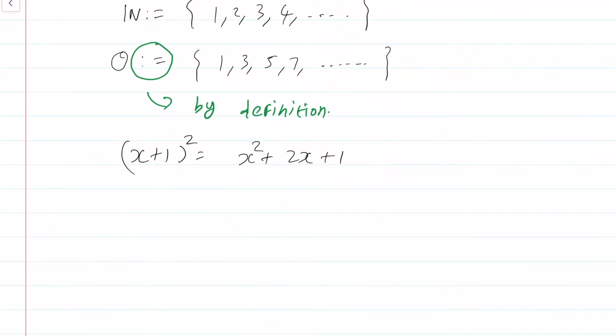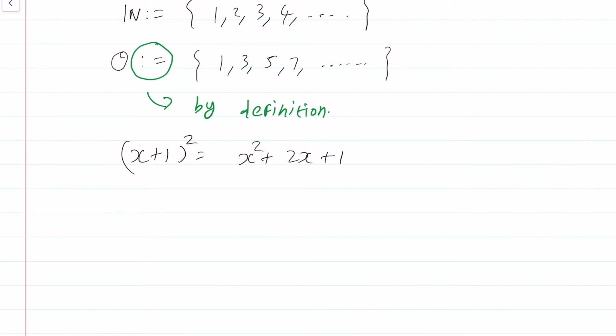Whereas I write colon equal to say that the left hand side is defined to be the object on the right hand side. So in programming language terms, if you think of the left hand side as a variable name, I'm assigning the right hand side to be the value of the variable. Whereas when I write (x plus 1) the whole squared is x squared plus 2x plus 1, what I really mean is that the left hand side and the right hand side are exactly the same quantities. So whenever I define an object, I will use colon equal to, so that it's clear that something is being defined. Okay. Now, one more notion.